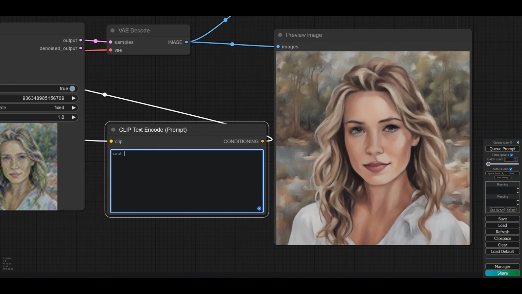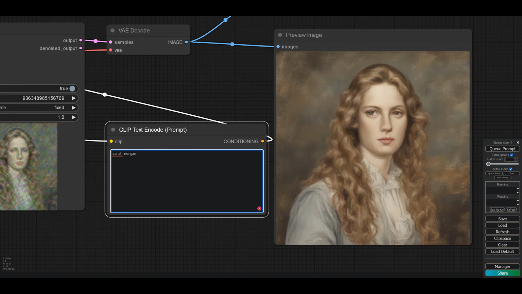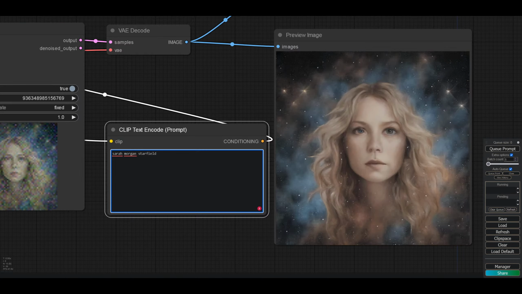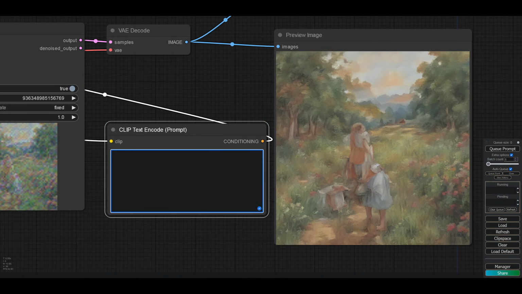Sarah Morgan. Starfield. Well, she is blonde with green eyes, but it's just coincidence. It's just done a random woman, and it's put a Starfield in the background. So talking of Starfield and space and stuff,